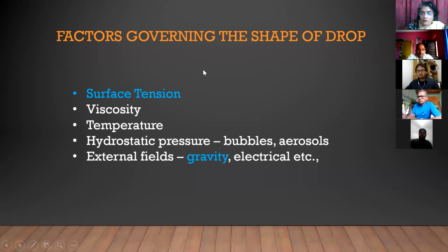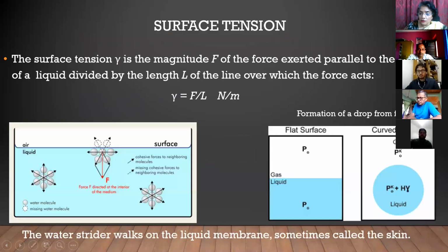So let us look at the idea of what happens with surface tension. Now, surface tension is easily understood by this diagram on the left side. If you have a molecule of water which is right deep inside the bulk of the water, it has equal number of molecules on all sides and the forces get balanced out. But if you have a molecule on the surface of the water, there is an imbalance in the forces. The forces inside are stronger and the outside forces, that is towards the air, are lesser. So this imbalance creates a tension on the top layer.